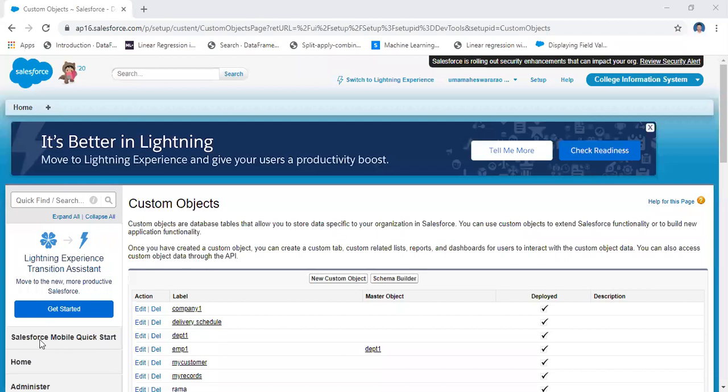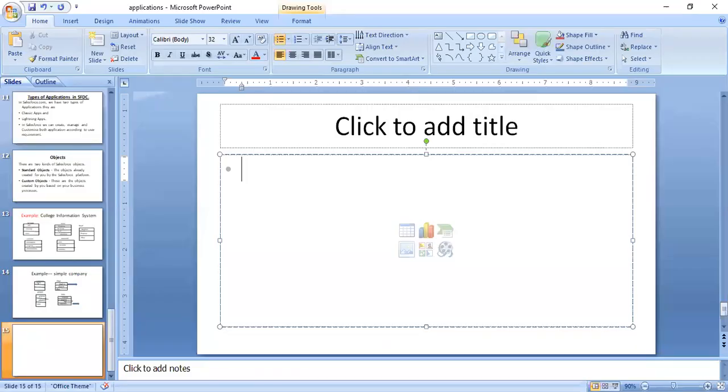For example, if you create a new tab, how can you represent the new application? How can you create the application? Go to Setup. After Setup there is a Build option. Next go to Create.